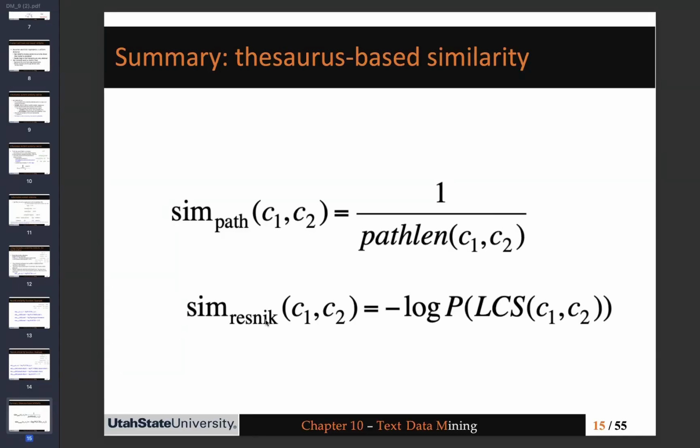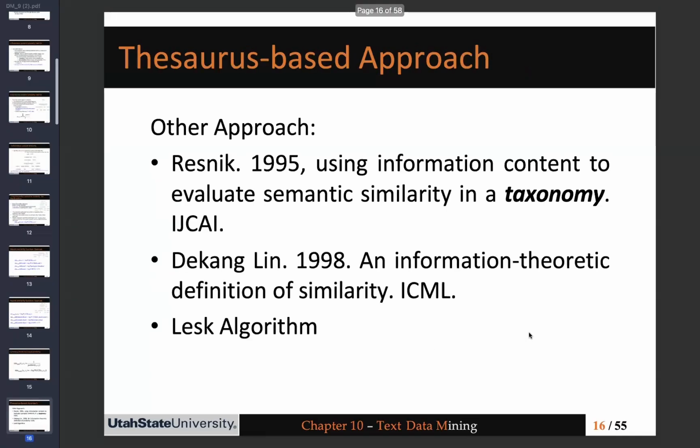So the similarity Resnick approach assumes that we have an augmented tree based on the weights that are being added on top of the edges of the tree, and so the similarity is nothing but the minus log of the probability of their longest common subsumer. Okay,